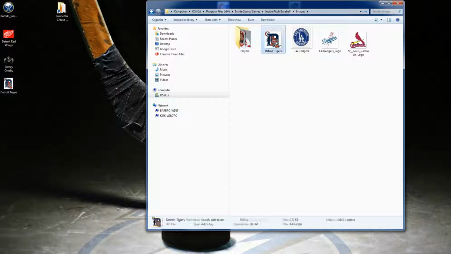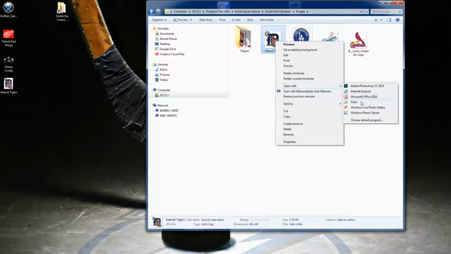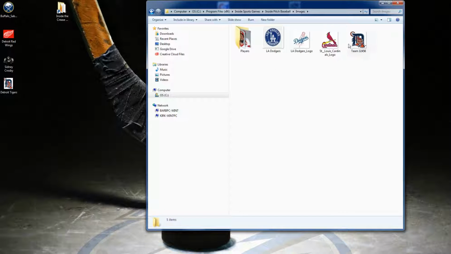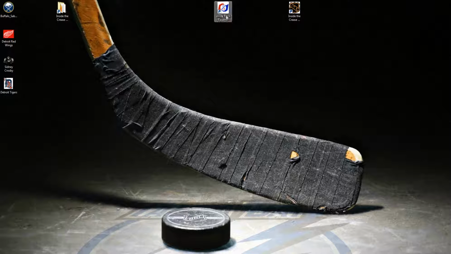I can call this, instead of Detroit Tigers, I can call this... nope, I just want to rename it. Let's just rename. I'm going to call this team 2, 3, 4, 5, 6, 7, whatever. It doesn't matter what the actual name is. The only thing that matters is what you know it is, because when we go into Inside Pitch baseball,